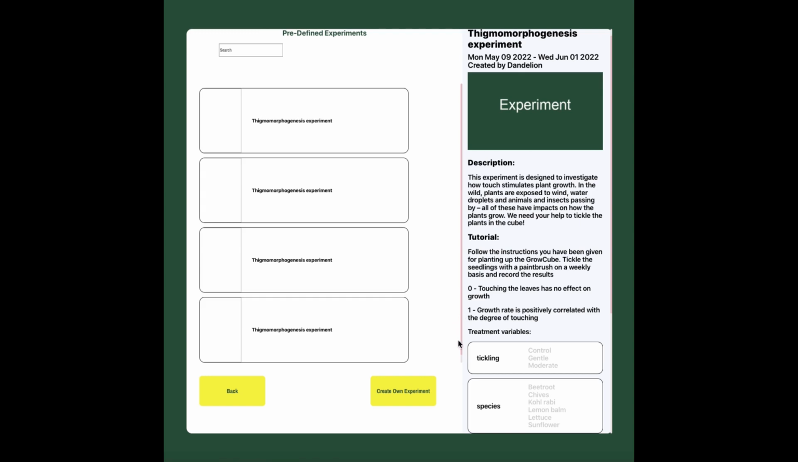The treatment variables are the three amounts of tickling, so none for the control, gentle and moderate. And then the 6 plant species. When each is combined, you have 18 separate conditions. Then scroll down